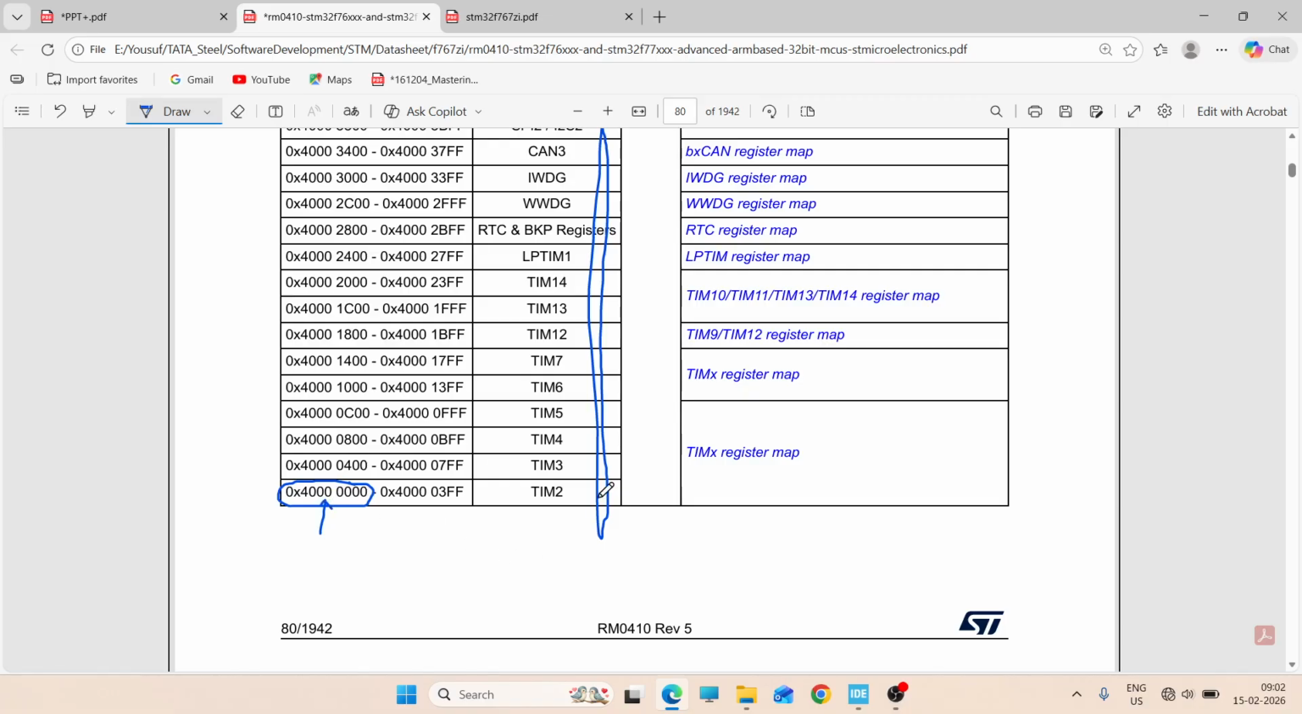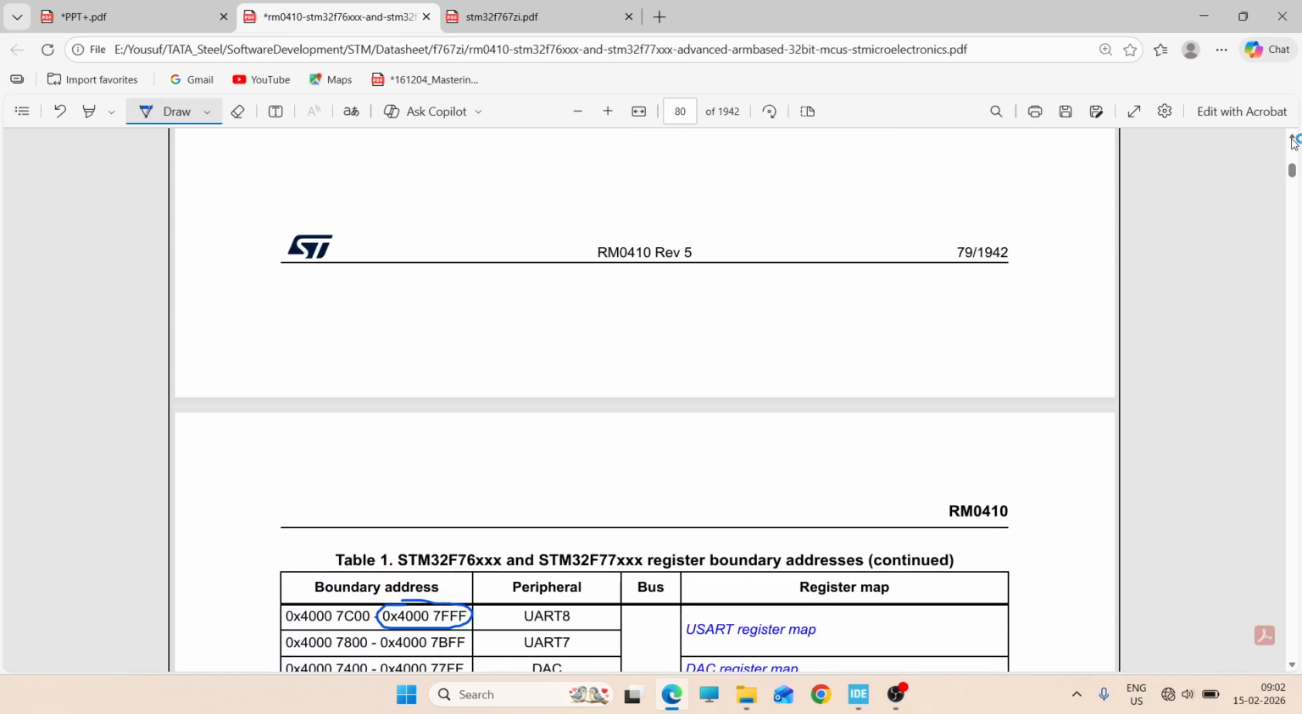If we add the offset 0, that means the APB1 base address is equal to the base address of timer 2, and the timer 2 end address is this. In this way, if we add the offset of this much from this APB1 base address, you will get timer 3. In this way, you will define the base address of every peripheral, and similarly the base address